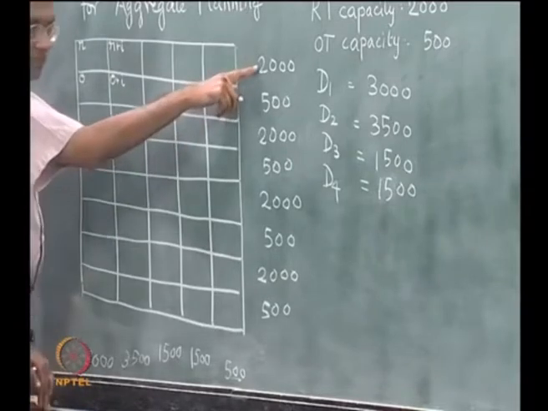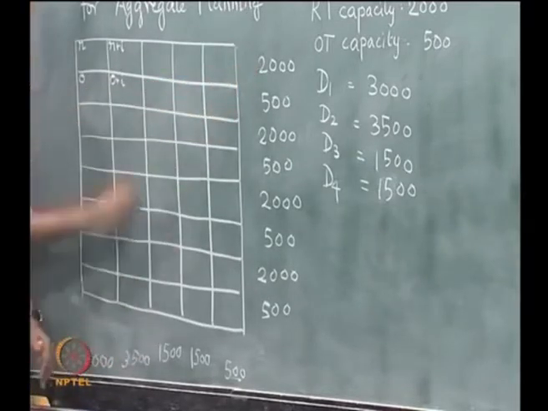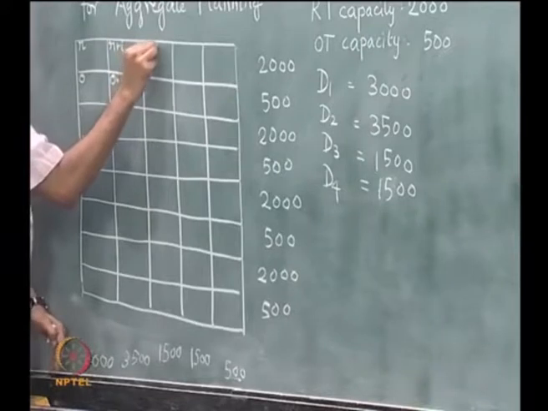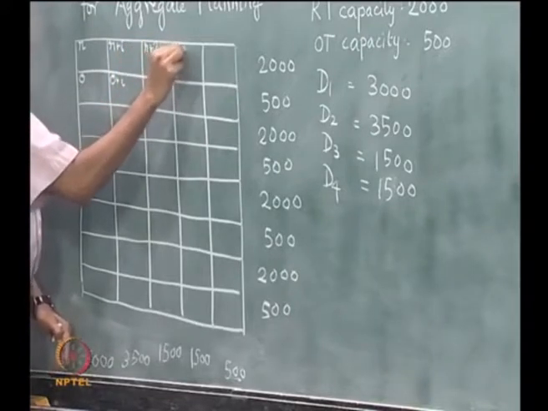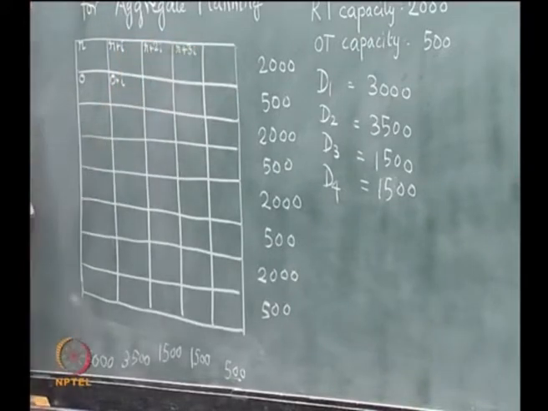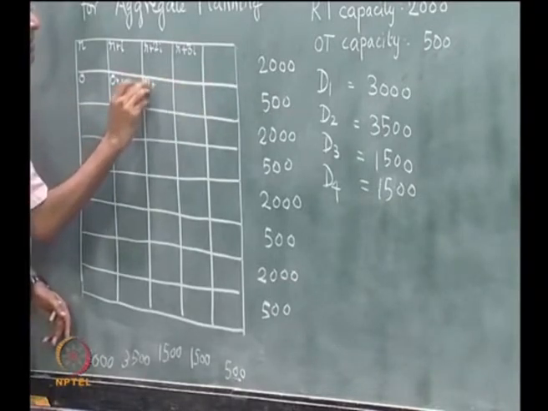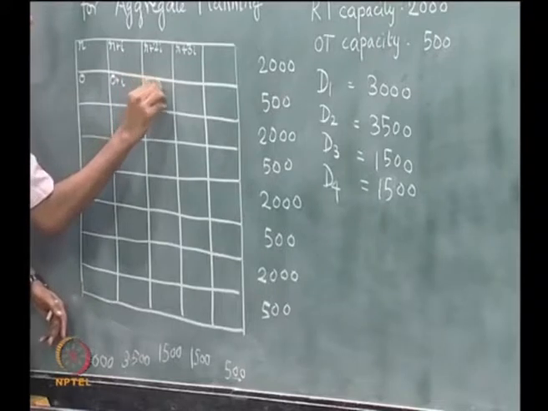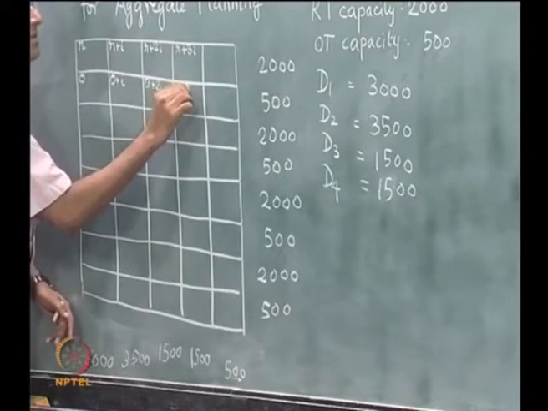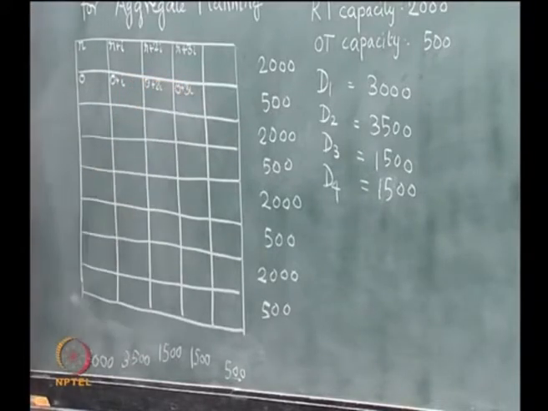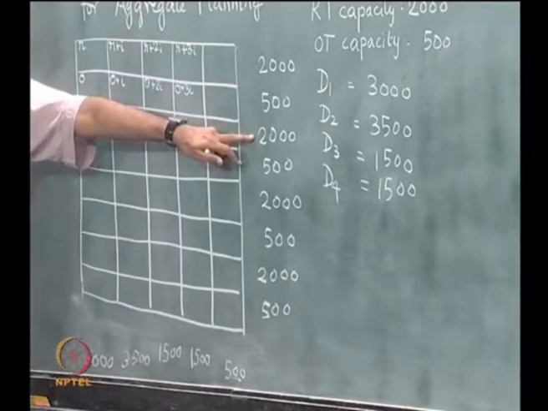Similarly, if I use the first month's regular time to meet the third month's demand, it will become R plus 2I, and this will become R plus 3I. Similarly, this will become O plus 2I, and O plus 2I will become O plus 3I. Now if I use this supply of 2000, which is